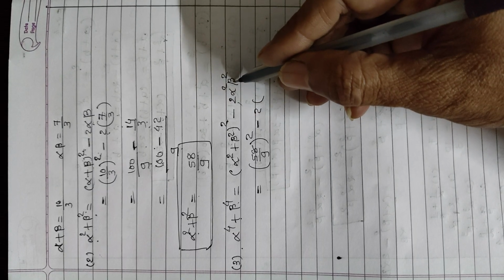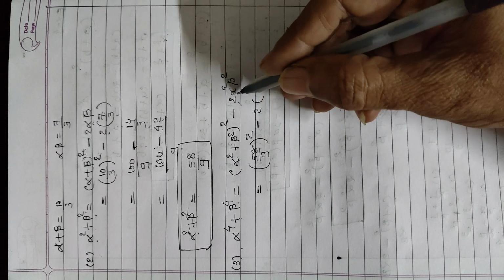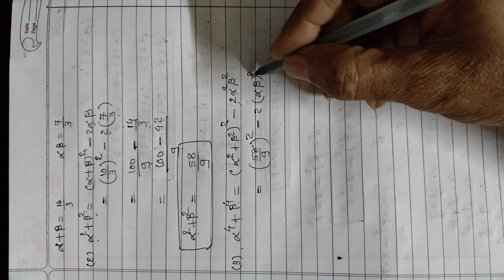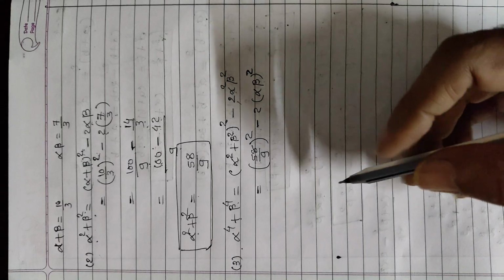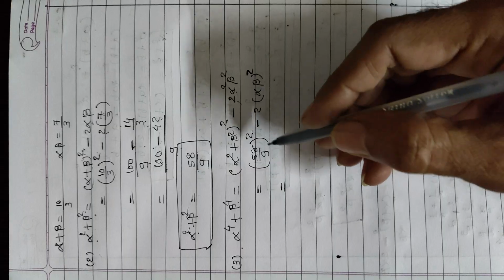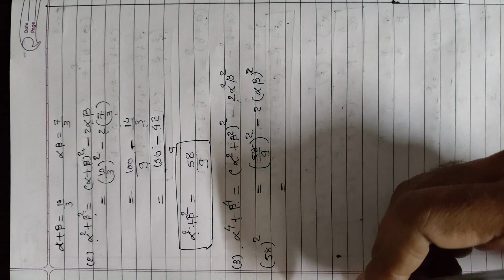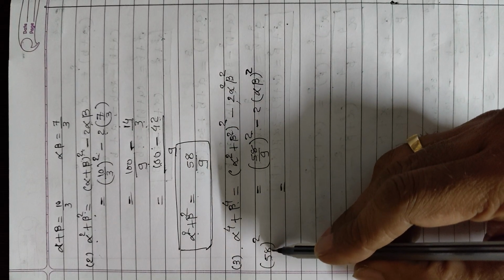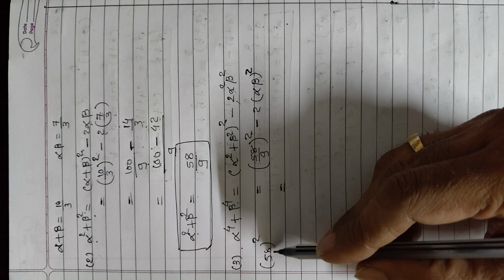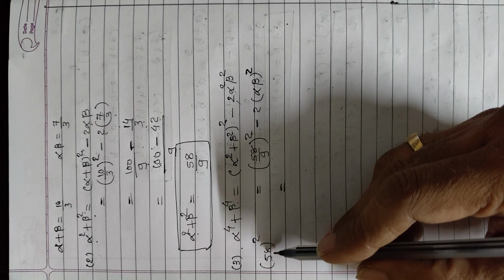Here alpha and beta are multiplied and squared, so the power is common. The power should be taken common because there is a multiplication relation of alpha and beta, so alpha beta whole square. So now take the square of 58. The simplest method is 58 multiplied by 58, and the second method is b square plus 2ab plus a square.